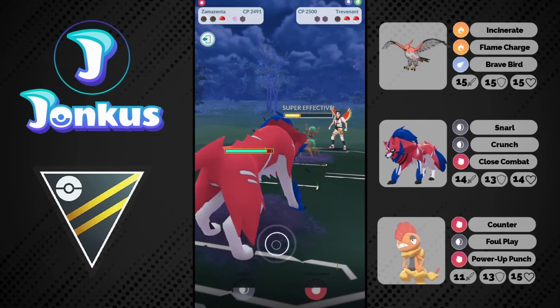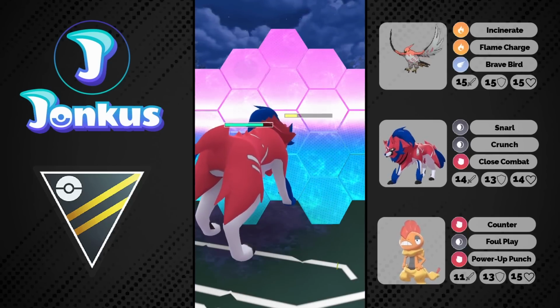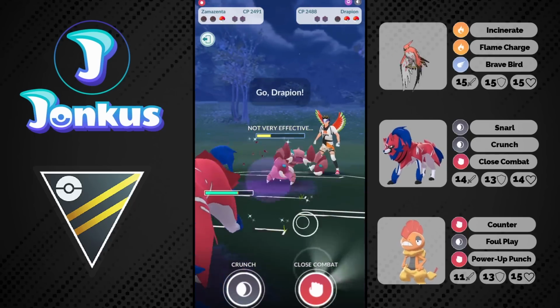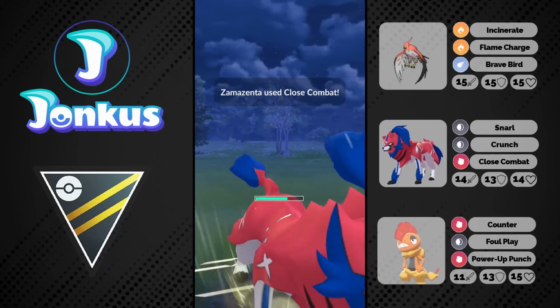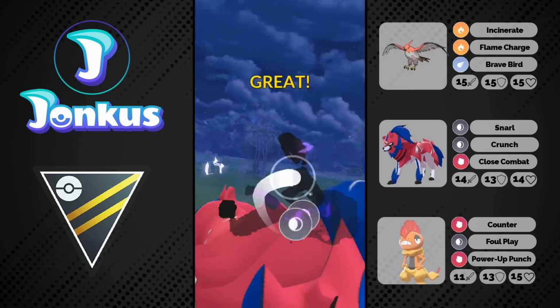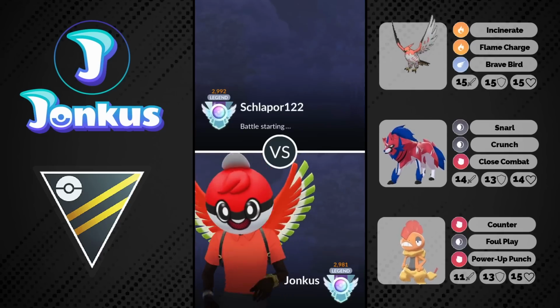This is a Zamazenta showcase for reasons, and we're going to see that we are able to easily KO this Drapion, still have a move stored for the Trevenant, and we're just going to sweep this endgame here with the Zamazenta pretty easily. There's one problem with this team, and this one problem only came recently into the meta,